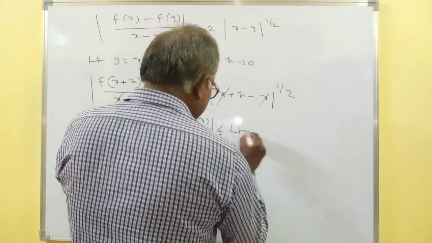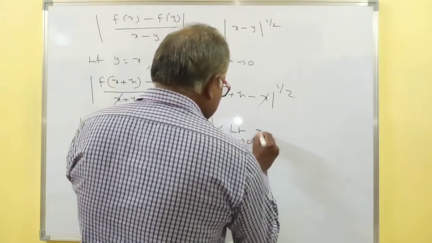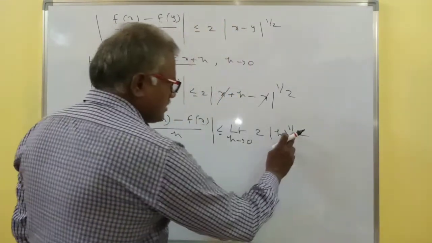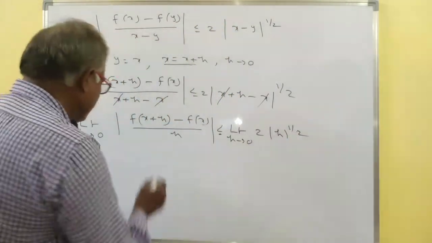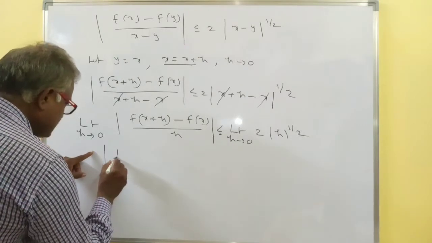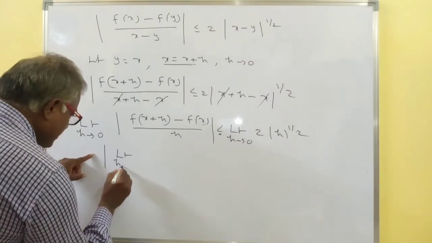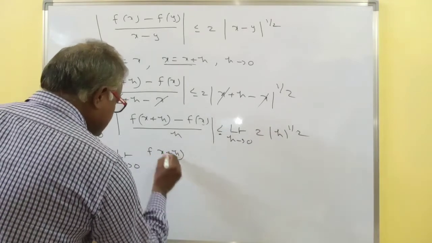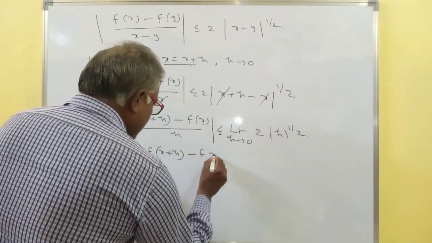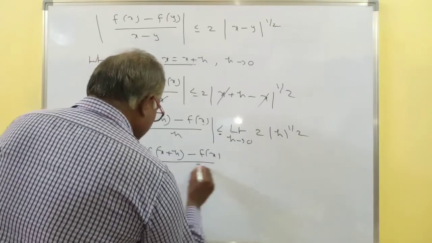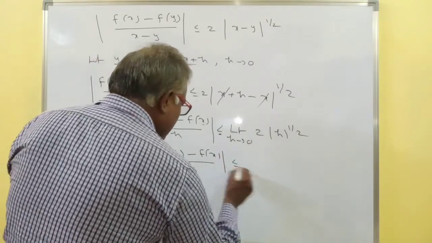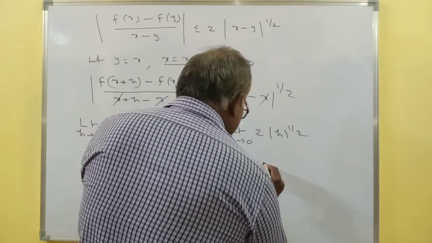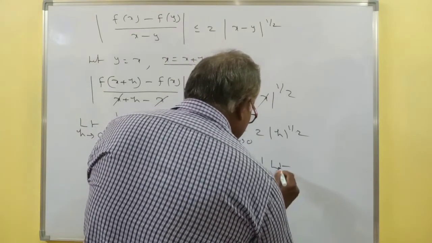Limit h tends to 0, 2 into modulus h whole power 1 by 2. So, that means modulus limit h tends to 0, f of x plus h minus f of x by h is less than or equal to 2 into modulus limit